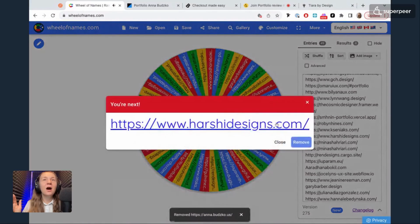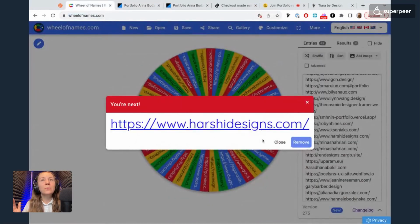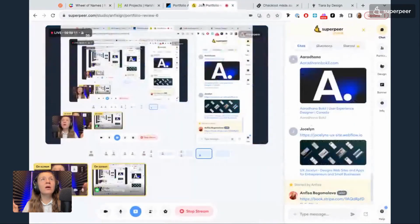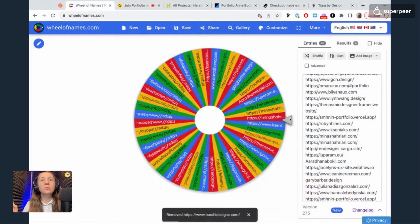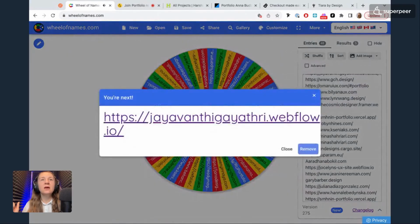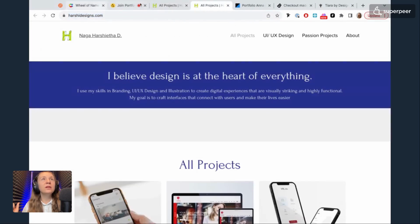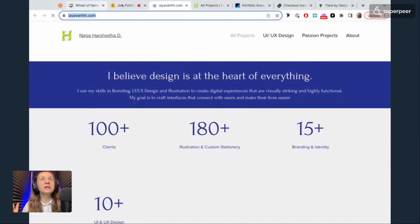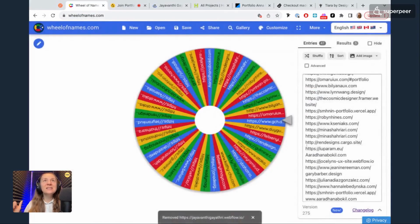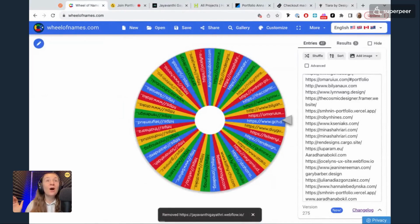That's going to be Harsh Designs. Let me actually duplicate this link because I can see that it's just removing our link sometimes. So let's go Harsh Design and remove this link. Let's see, 1, 2, 3, 4. One more for the speed ones. J. Yay, J. Okay, let's also duplicate this portfolio link and go for it. Yes, remove it. Alrighty, so we have 5 portfolio links for the quick first impression, and then let's now also